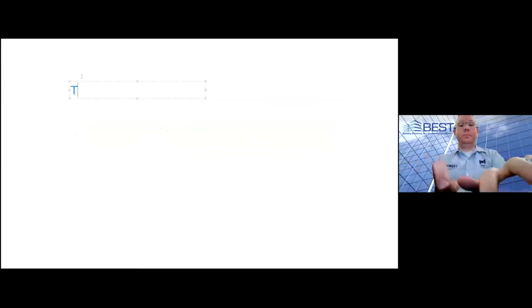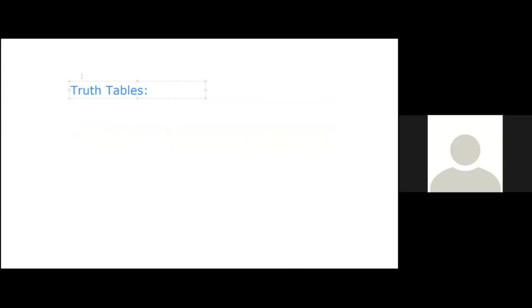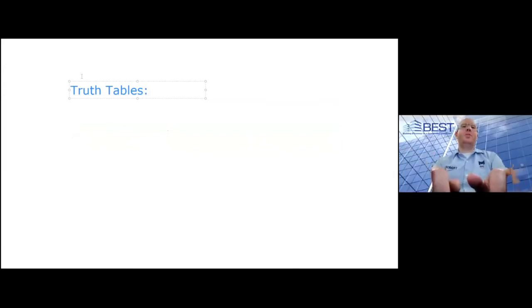So, has anybody heard the term truth tables? Somebody has. Thank you, Bob. So truth tables are one way to look at Boolean logic. If we were to look at the truth table for AND with 2 inputs,